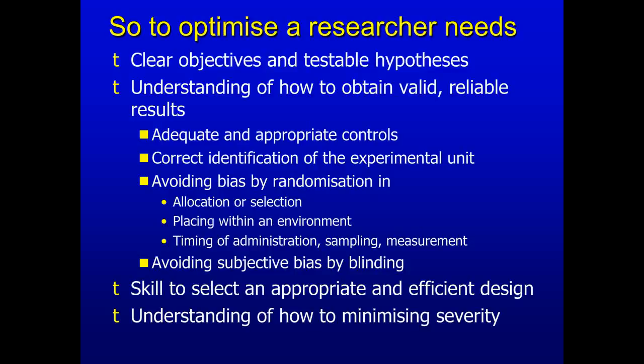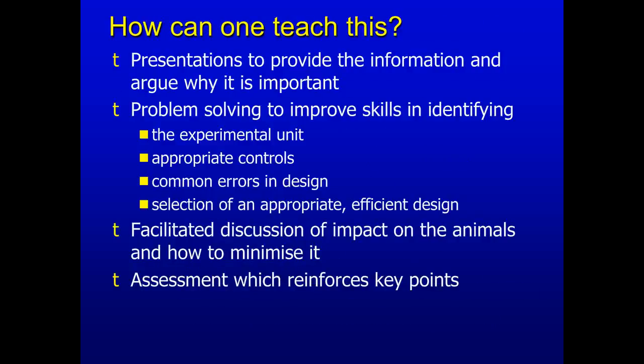So, to summarize, I think that to optimize, a researcher needs clear objectives and testable hypotheses, a good understanding of how to obtain valid, reliable results, adequate and appropriate controls, correct identification of the experimental unit, and an avoidance of bias. But they also need the skill to select an appropriate and efficient design and an understanding of how to minimize severity. And the way to bring this across in teaching is not just by presentations like this, but by